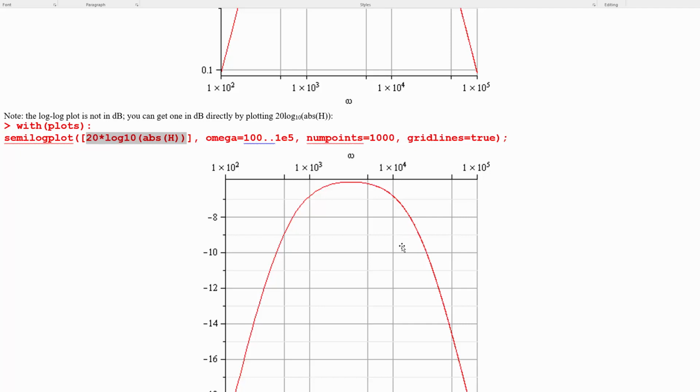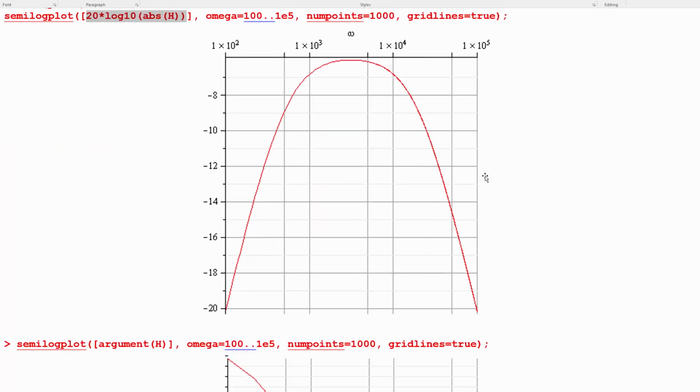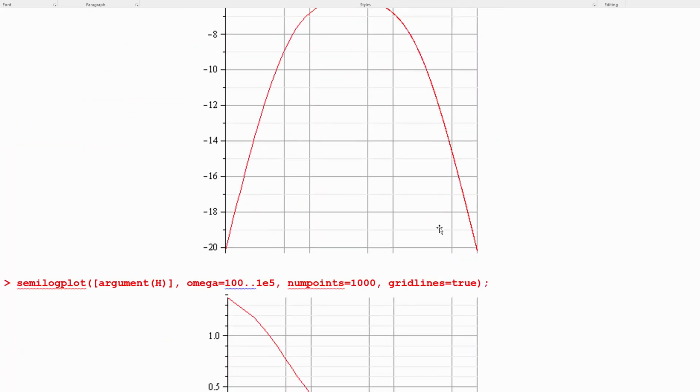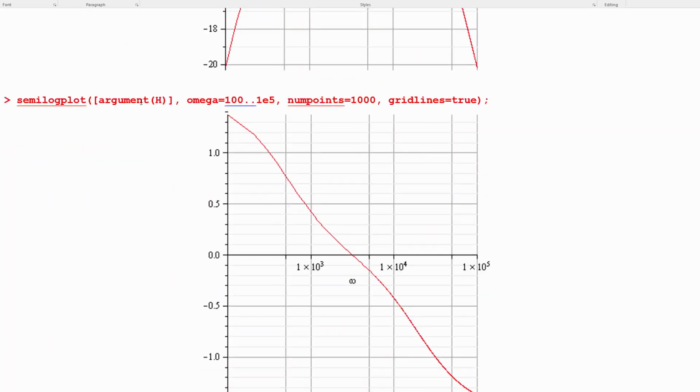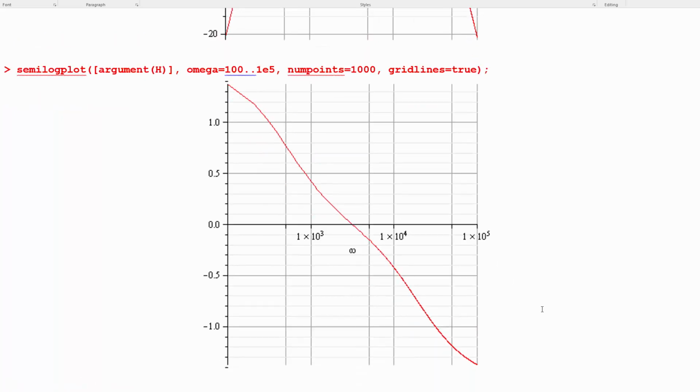Remember that those 3 dB frequencies are relative to your maximum gain, which in this case is at an absolute decibels of -6. Right. So another thing you can do is plot the argument of h to look at the phase. So we've got a phase which is changing from limiting towards positive pi by 2 at the really low frequency end